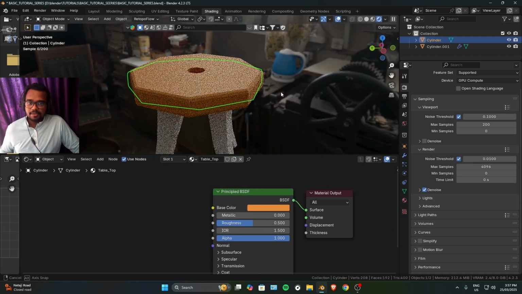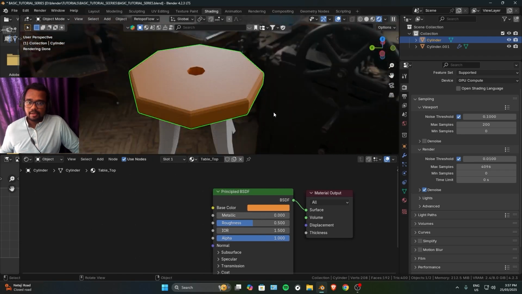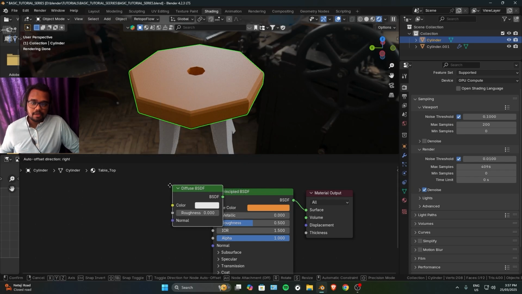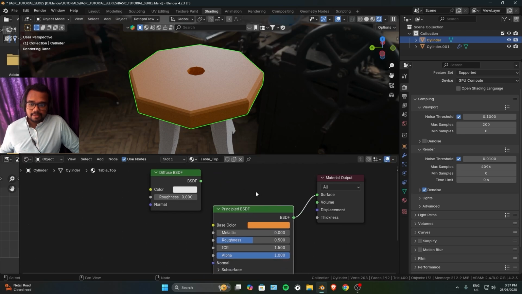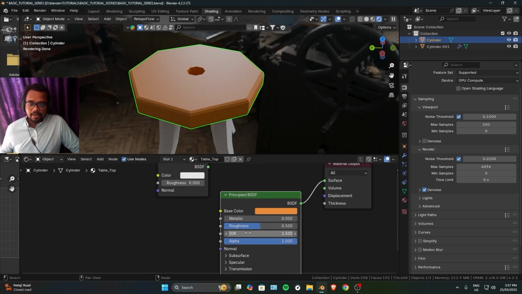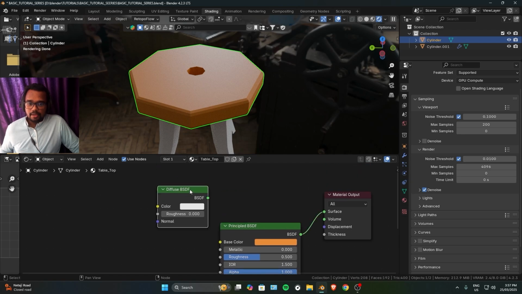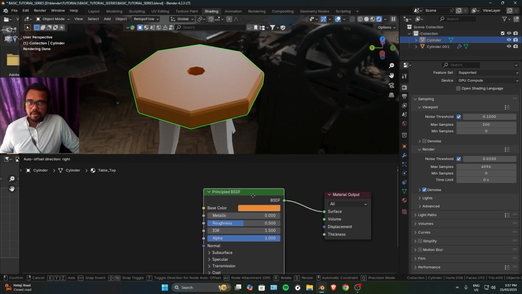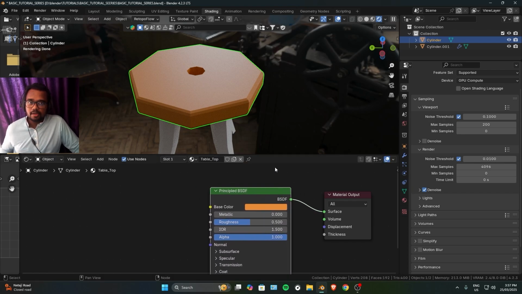So as you can see, we just changed the color of this table. Now you can also go ahead and press Shift A, and these are all the nodes that you can add as a shader. So all these BSDFs, they are a separate branch of their own. So Diffuse BSDF has the base color, roughness, and normal to it. So the base color, roughness, and normal socket is available on this one node. So you don't always have to use Principled BSDF, but having Principled BSDF also saves you a ton of node